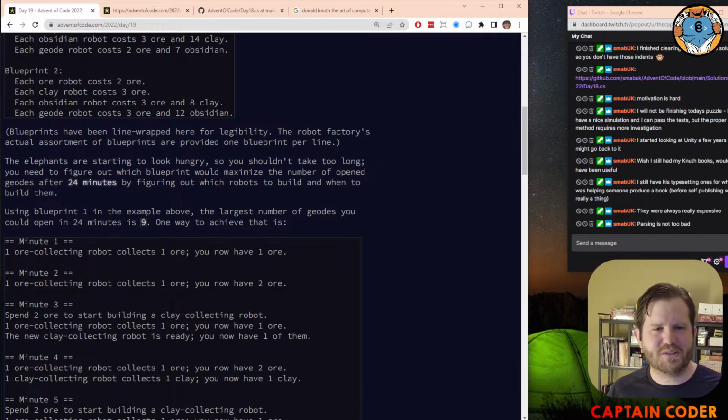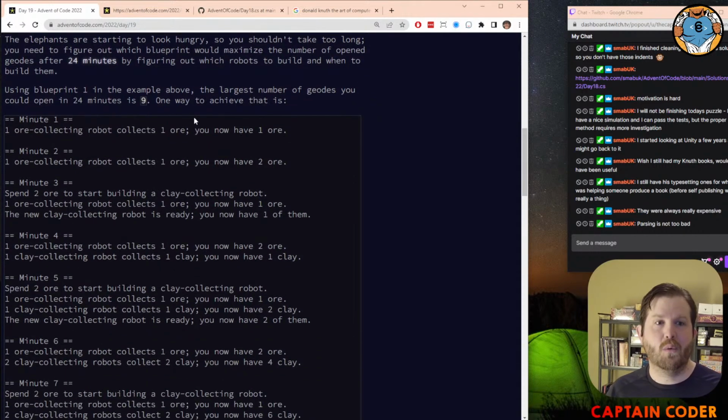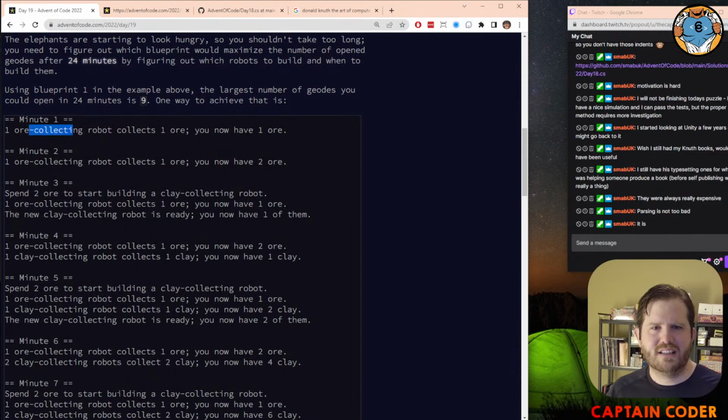The elephants are starting to look hungry, so you shouldn't take too long. You need to figure out which blueprint would maximize the number of opened geodes after 24 minutes by figuring out which robots to build and when to build them. Oh, this is another search problem, isn't it? Using blueprint 1 in the example above, the largest number of geodes you could open is 9 in 24 minutes. One way to achieve that is